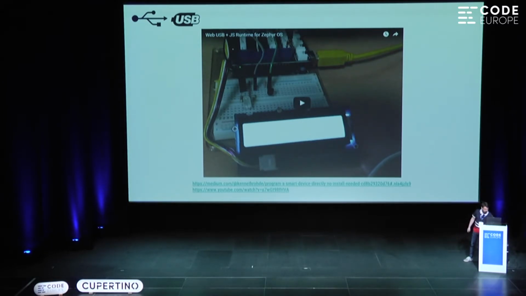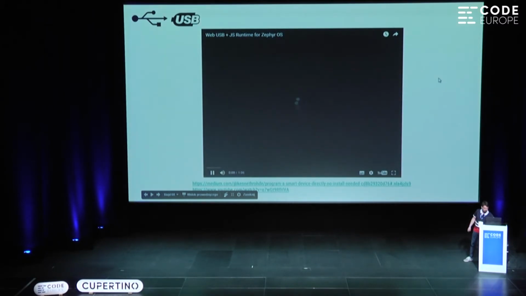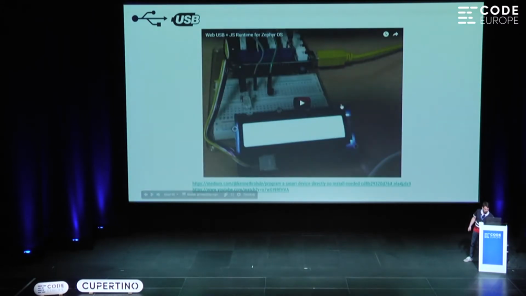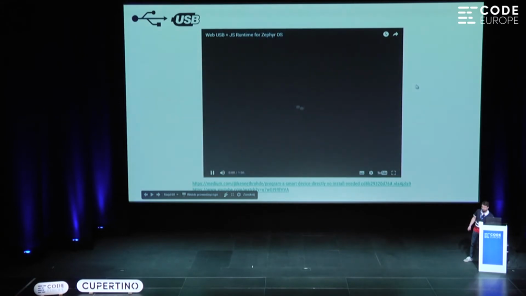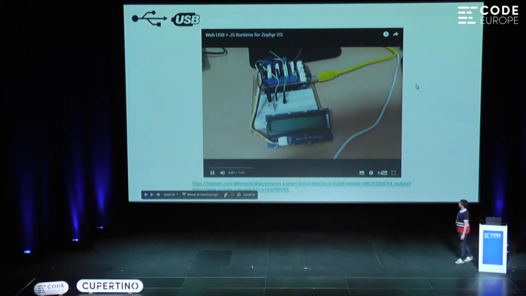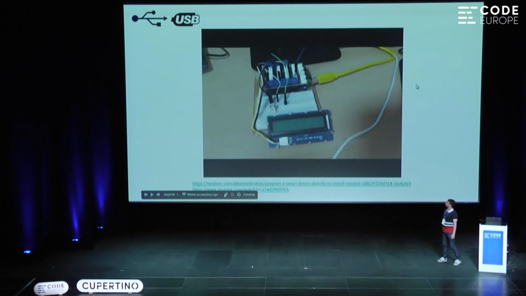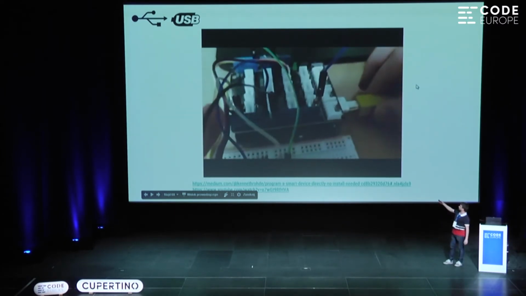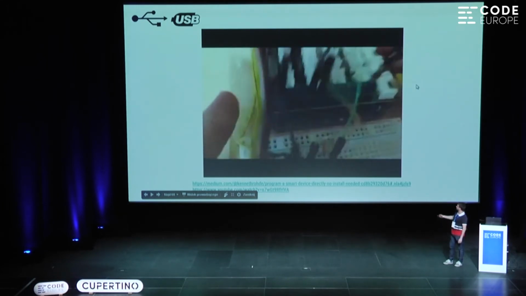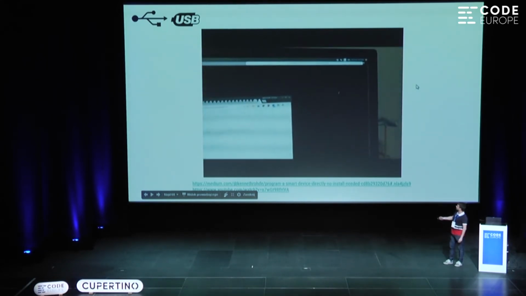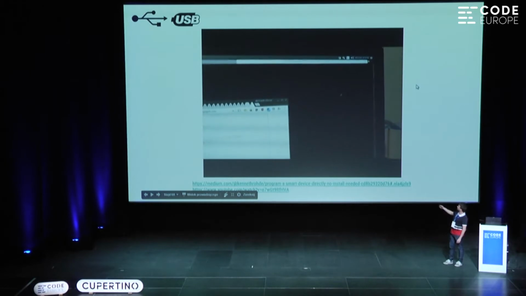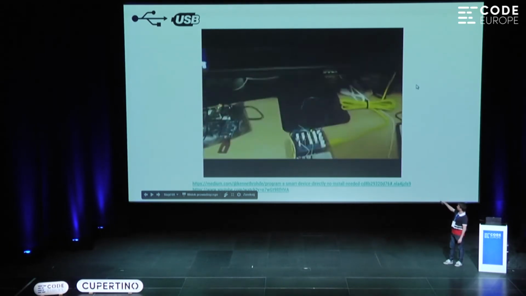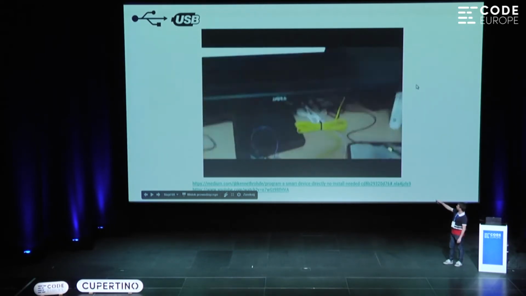Let's just play. See if it starts. There we go. Oh, just a second. So this example is a small device I made. There's an IoT board, it's actually the Arduino 101. I connected a few things to it. I have a temperature sensor and an LED. I plug it in, USB. It's turning on.